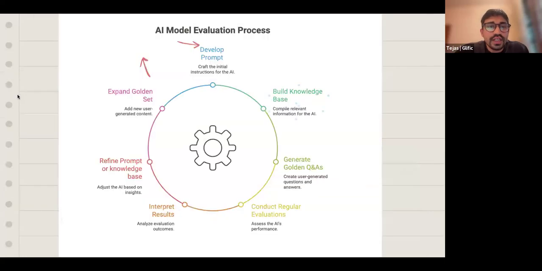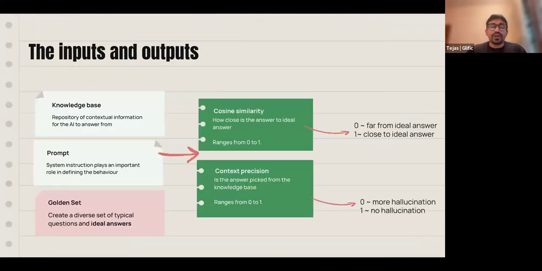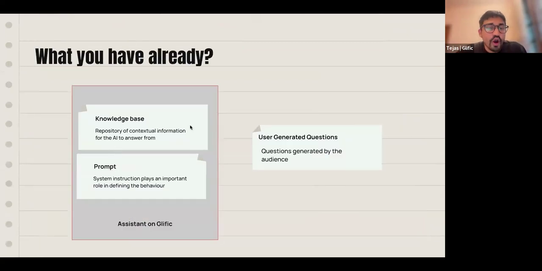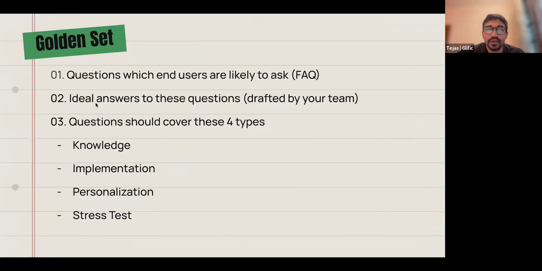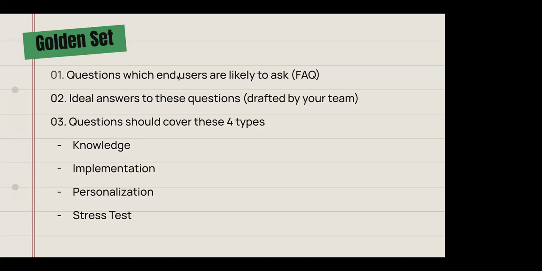No, these don't have to be used anywhere. The prompt and knowledge base are different. This is all you need to create an assistant: prompt and knowledge base. In order to run the model evaluation and get these two outputs, what you need extra is a golden set of questions. These are nothing but questions that your users are likely asking already. Okay, I got it. Thank you.